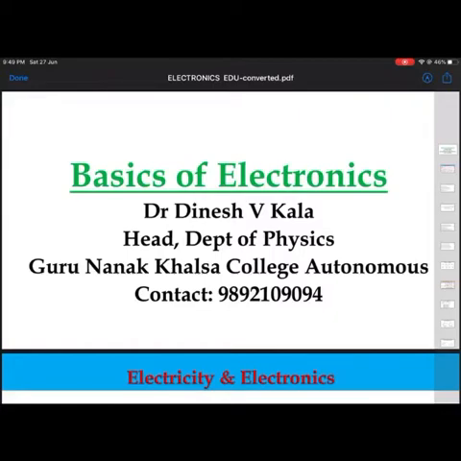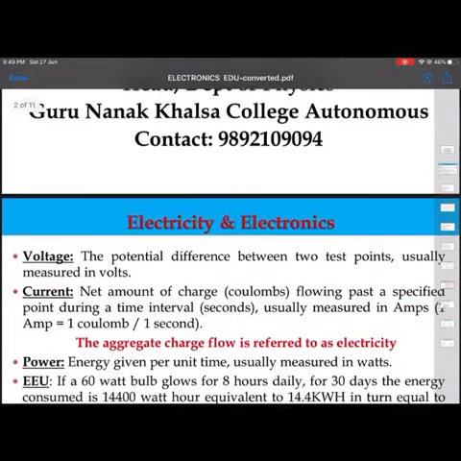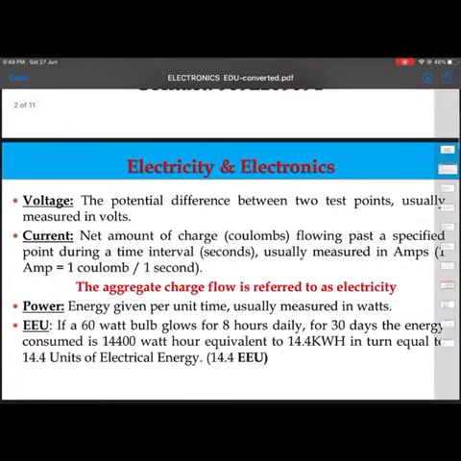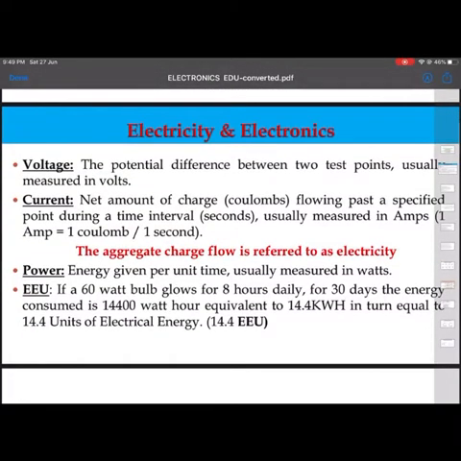Something electricity plus electronics. So let me start with a very simple and basic concept. If you have to define voltage exactly, it is a potential difference between two test points, usually measured in volts. Current can be defined as the net amount of charge flowing past a specified point during a time interval, usually measured in amperes. And if you want to say what electricity is, it's exactly